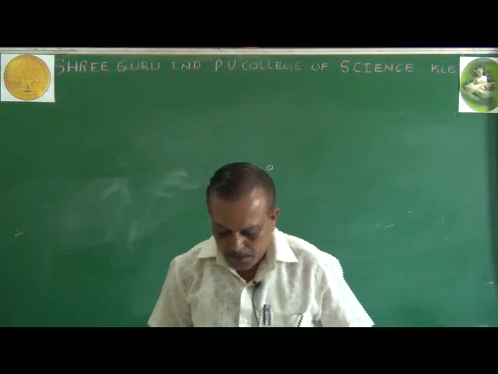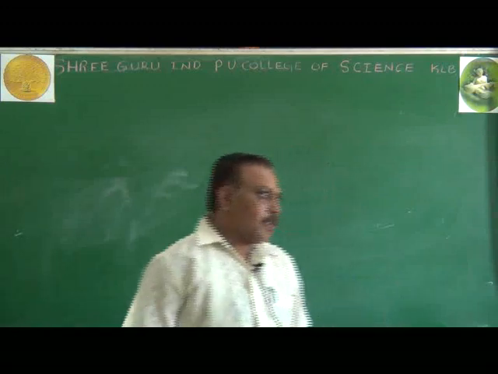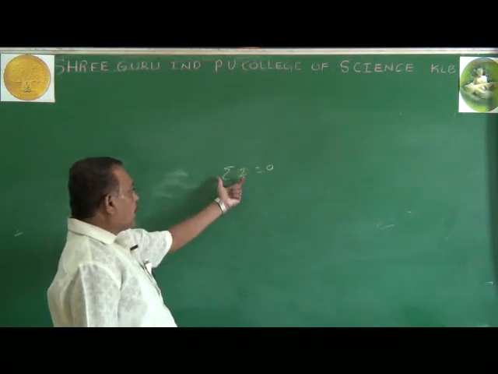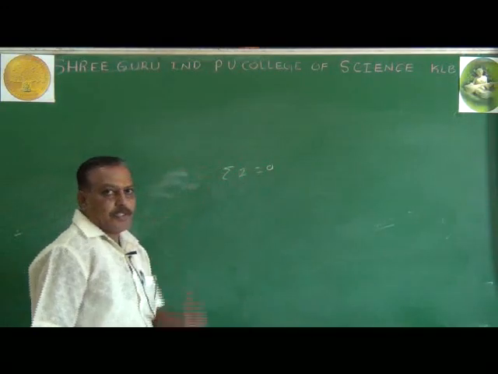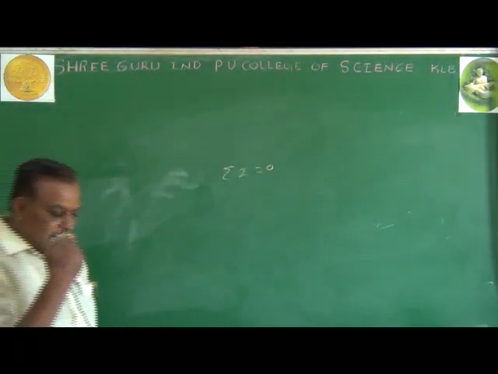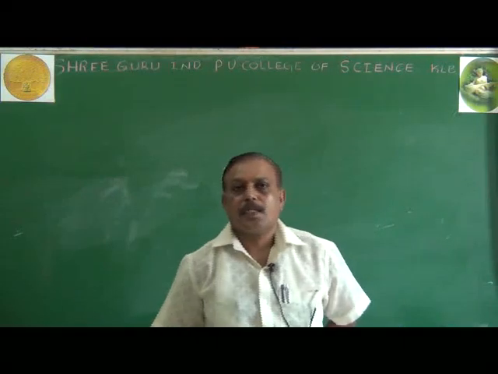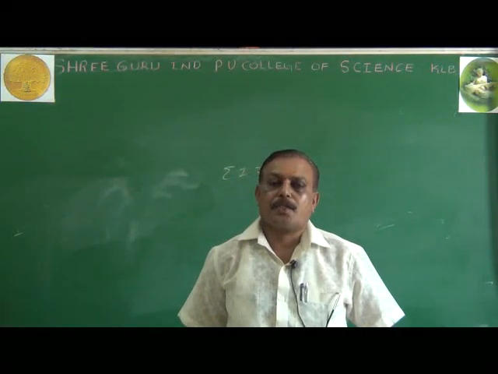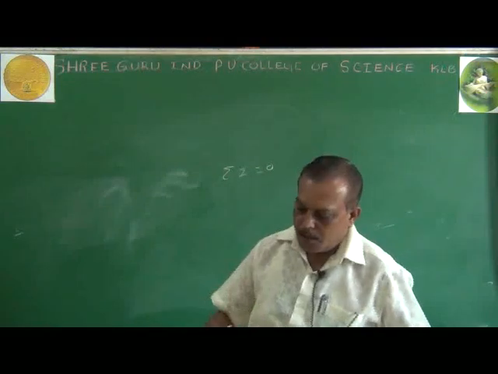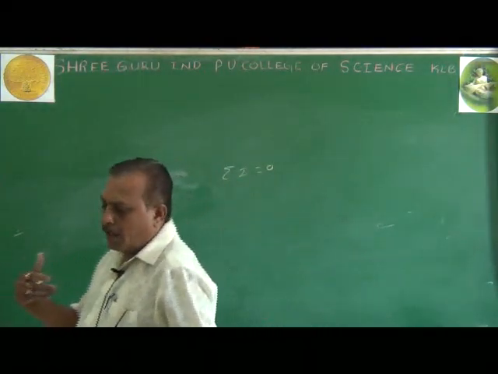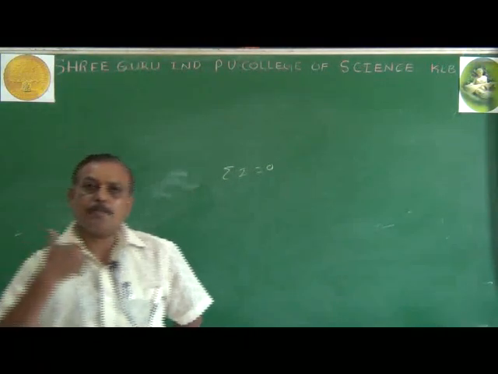By using the sign convention, we come across KCL: the sum of the current at a node or junction is equal to 0. And finally, the first law signifies the law of conservation of charge. Whatever charges enter the junction, all the charges leave the junction. Hence the total charge in the system remains constant.